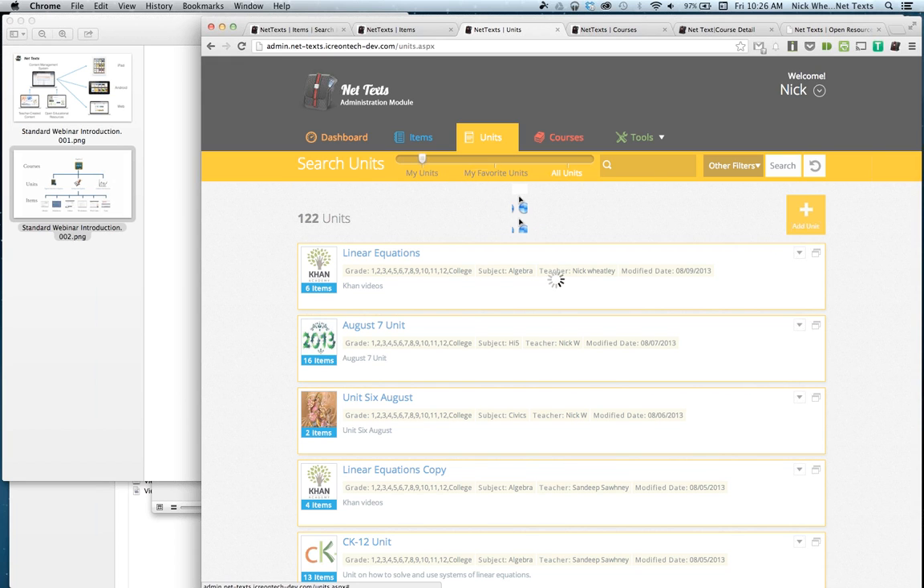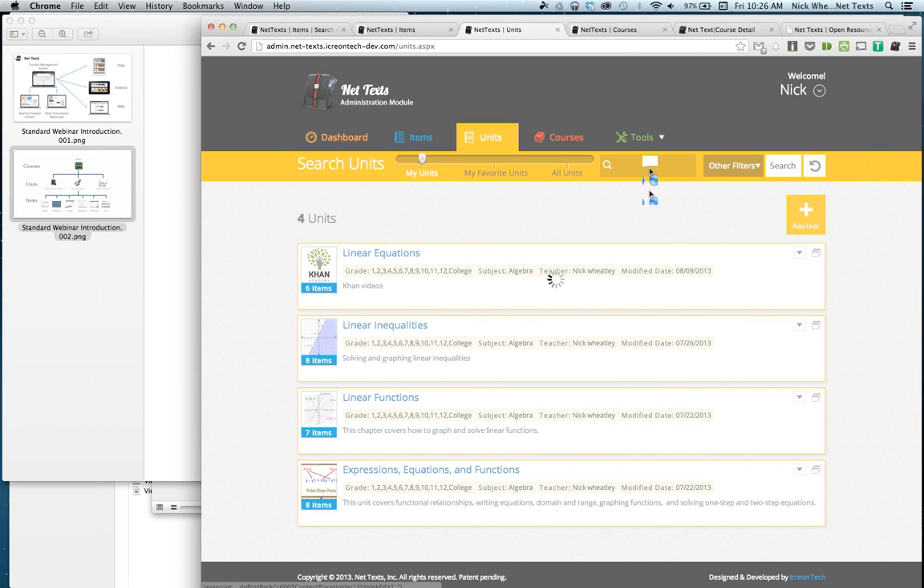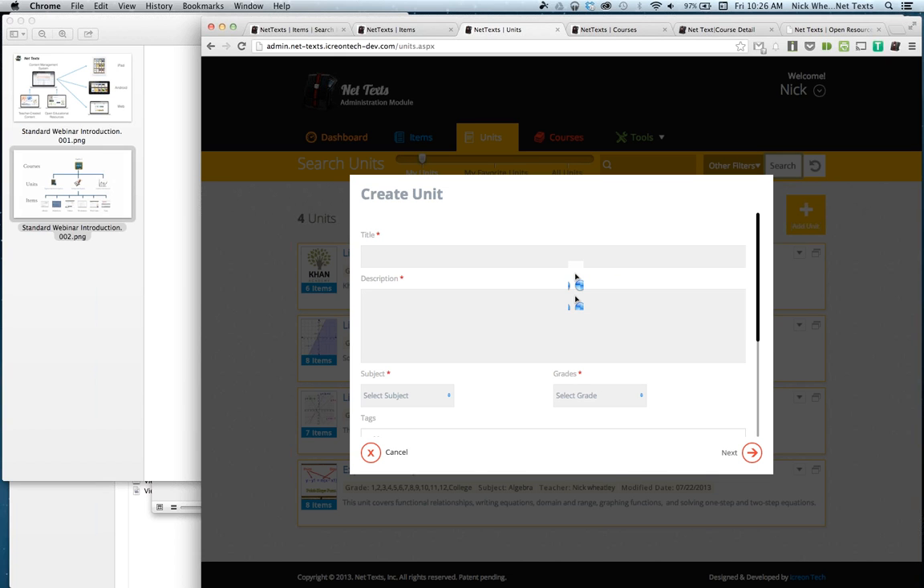So back on the units page, I'm just going to go back to my units just to show how we will manage the units that we create. I'll show first how to actually create a unit. This is a simple process. It's basically creating an item, except you don't have to actually upload anything. So we're just adding the